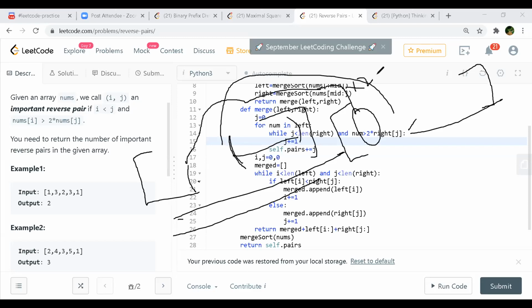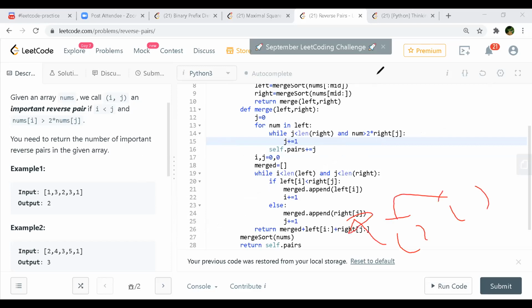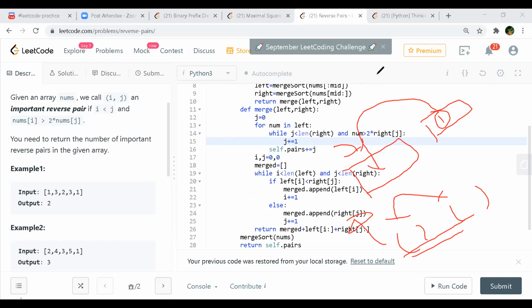I'm sorry, I'm not able to follow. Can you explain a little, where is the left sorted, on which line number? No, we were going from bottom to top, right? So when we were merging these two arrays, the final array we were getting as sorted, right? I mean, these two arrays we merged, we got this sorted array. Now it's telling that you pick one element from here and multiply with 2, whatever number is there, and apply binary search on this sorted array to check which element is satisfying the given condition. Is it, Dilip, or am I missing something?